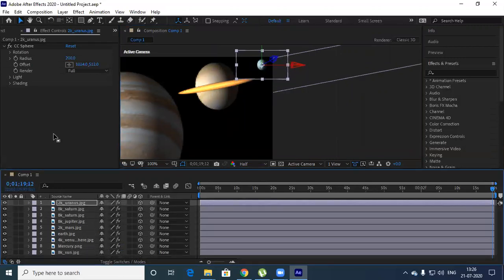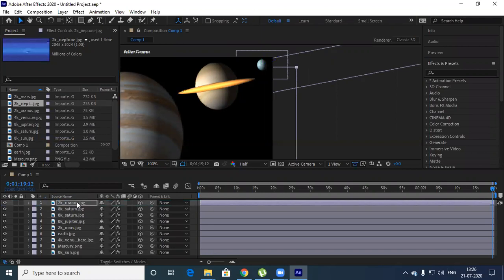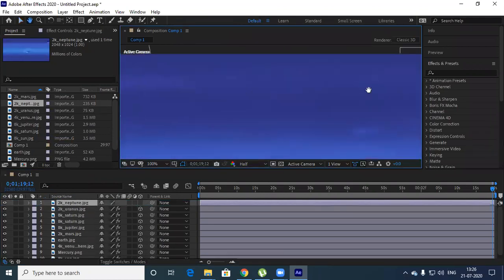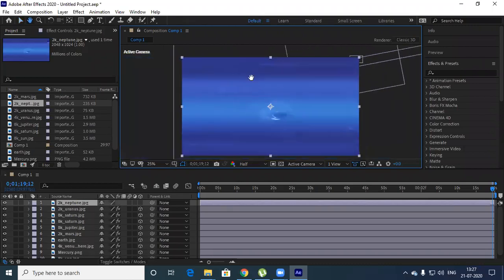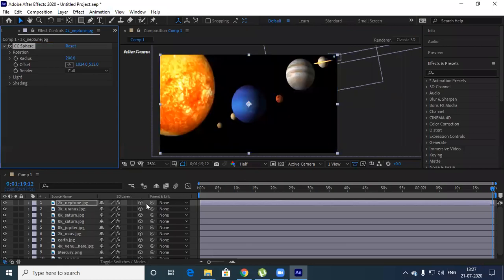Fine. Then I'll take Pluto. Uranus, Neptune, Pluto is there. Let me take this Neptune. Neptune, Control Alt F, and effect CC Sphere. Just turn on this position.